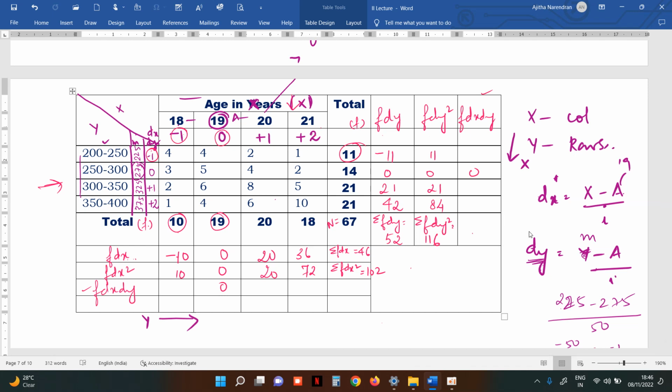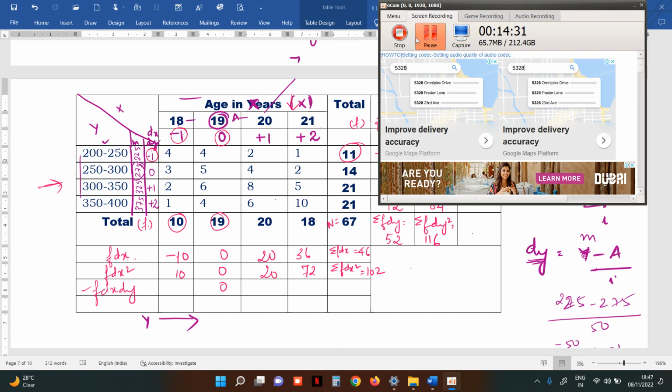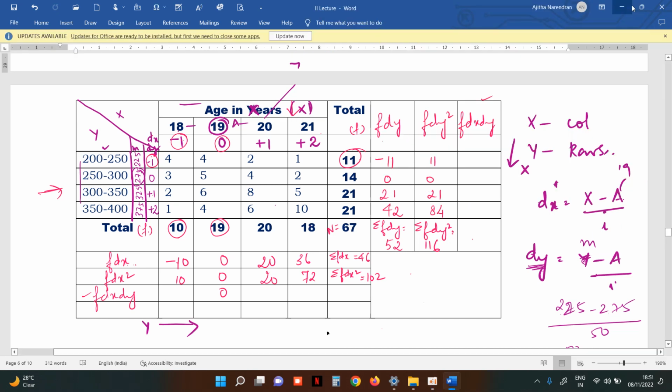Now we have to find out f dx, and now we have to find out the f dx dy column. So now we have got all the values except f dx dy. This value we have to find out. What you have to do is, first of all you have to multiply the dx dy of the respective cell